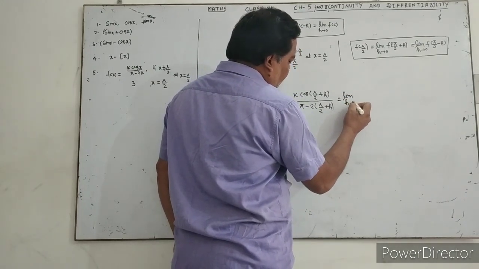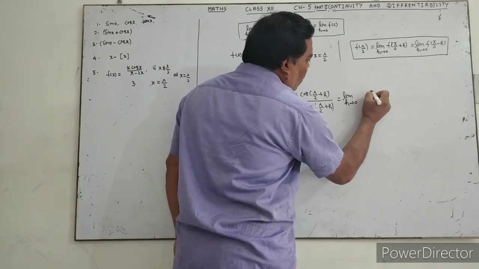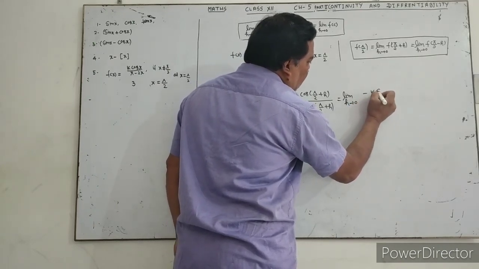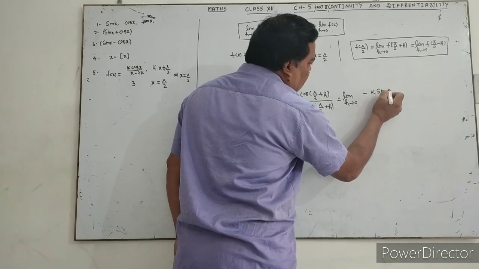So the limit as h tends to 0 of k times minus sin h,